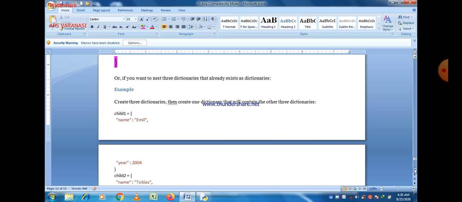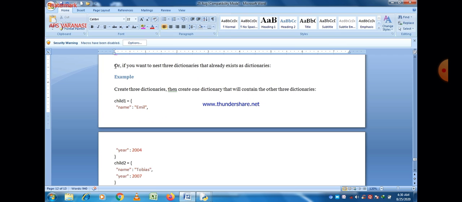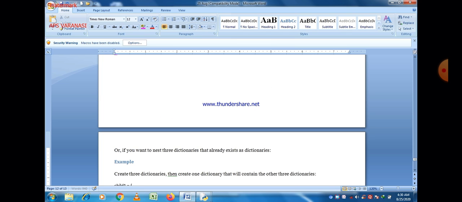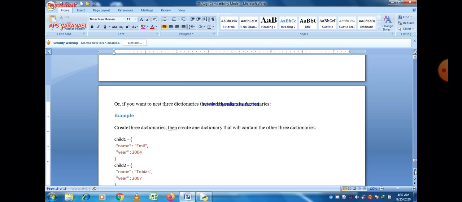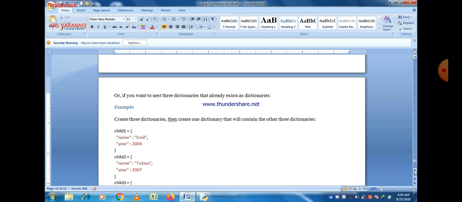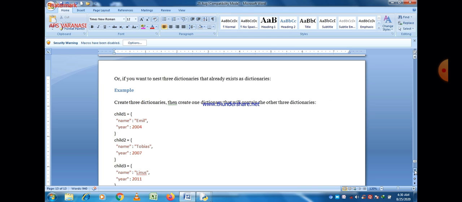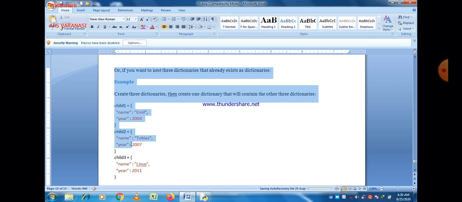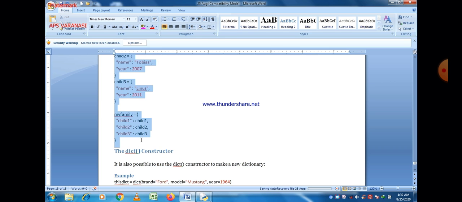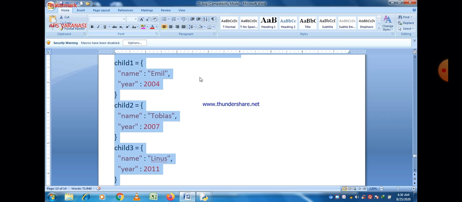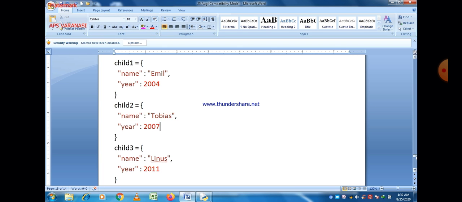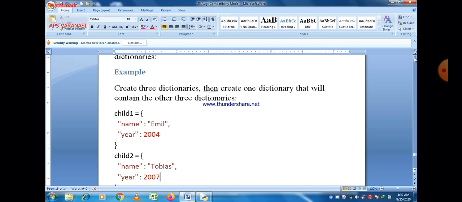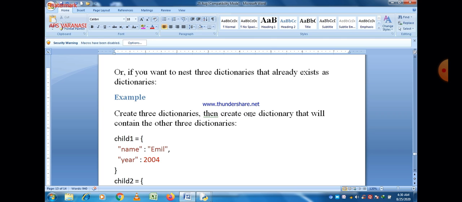Our last topic is nested dictionary, and there are two different ways to create a nested dictionary. This is the second example to create a nested dictionary. This is the second method. You can also create a nested dictionary like that. First of all, you just create three different dictionaries: child 1, child 2, and child 3,